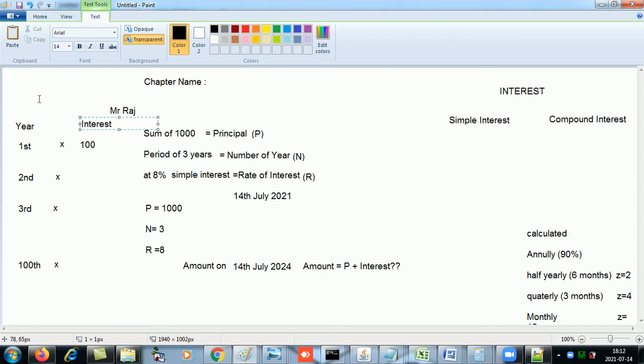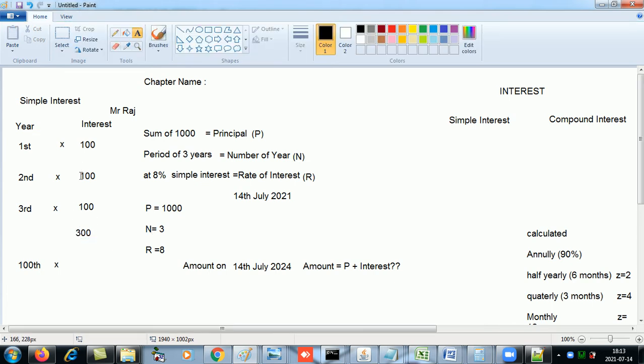And this we are discussing about which type of interest? We are discussing about simple interest. So if in the first year it was 100 rupees, second year also it will be 100, third year also it will be 100. So if he has kept for 3 years, the interest will be 300, and that 300 will be equally split. Am I understood? I'm talking about simple interest. Okay. Now let's calculate the simple interest which you will get.